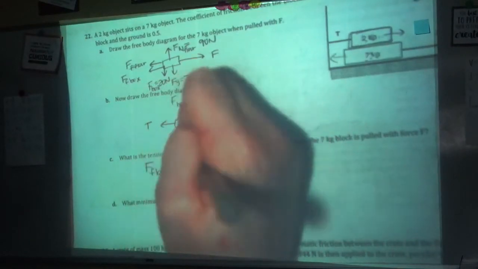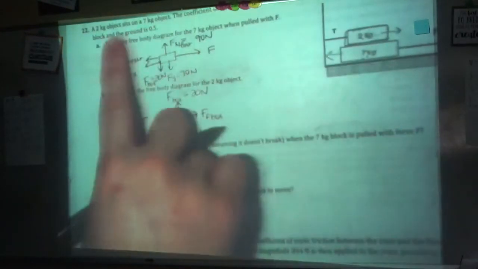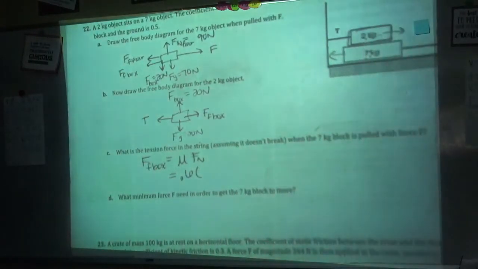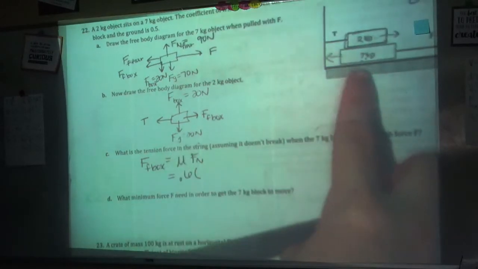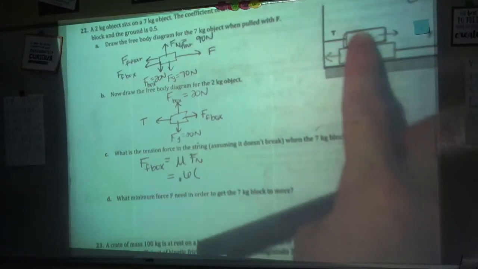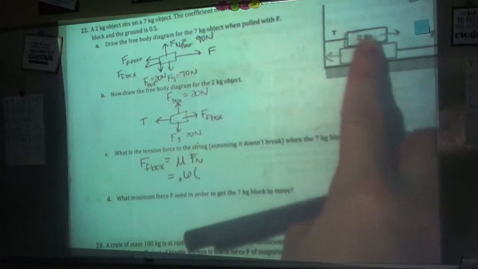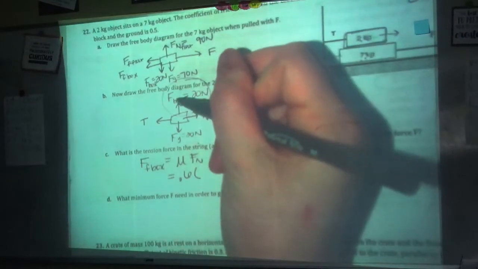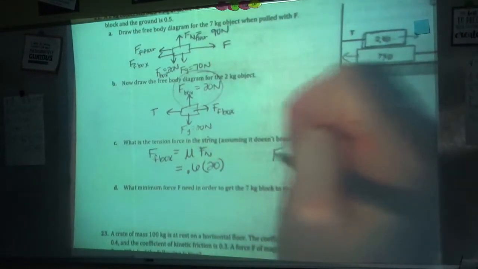It's going to be mu Fn. The coefficient between the blocks is 0.6. Now we need to think through carefully which normal force we're going to use. Between the boxes, we would not use the normal force from the floor, because that doesn't affect the normal force between these two. The normal force between the 2 kilogram and the 7 kilogram box is the normal force from the box. So we would use 20 newtons here,